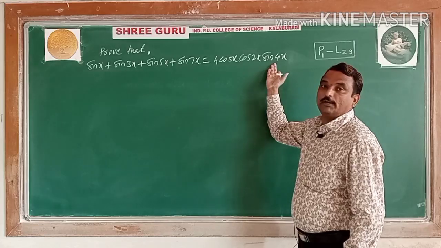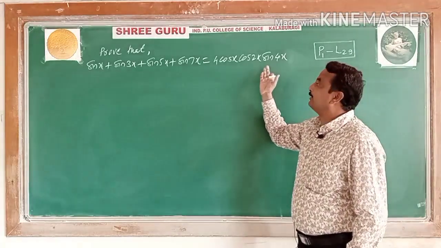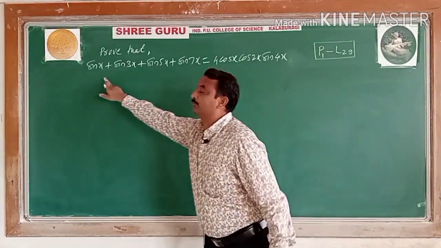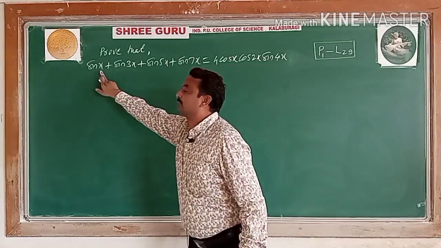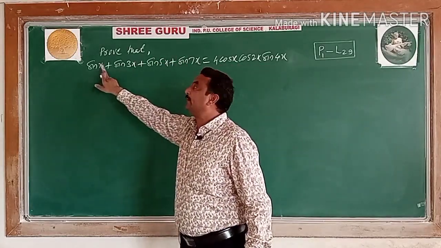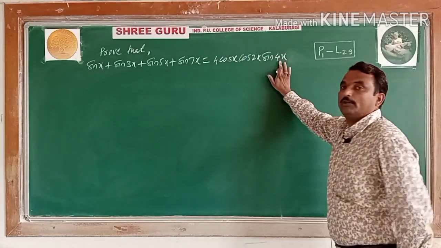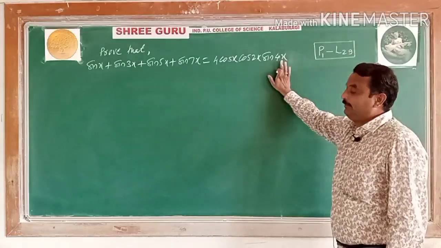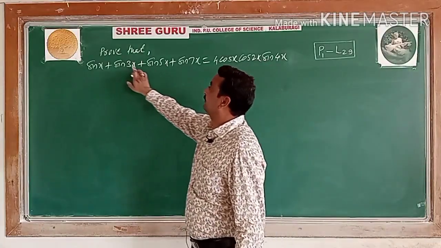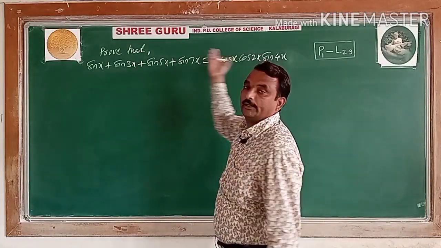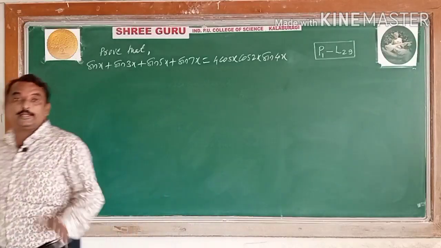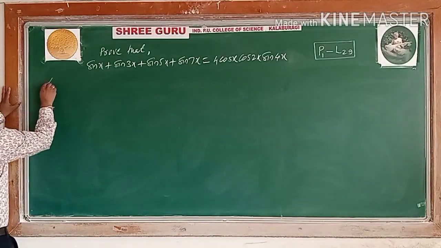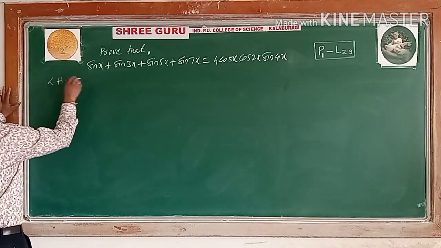You should see your RHS here. According to that RHS, you can arrange the terms. See, 7x plus x: how much? 8x. 8x by 2, you get 4x. Sin C plus sin D formula. Like that you can arrange the terms. So this is also 8x. Then one common term you will get here. So like that you should arrange the terms. The LHS can be arranged in other ways also, but it becomes lengthy.